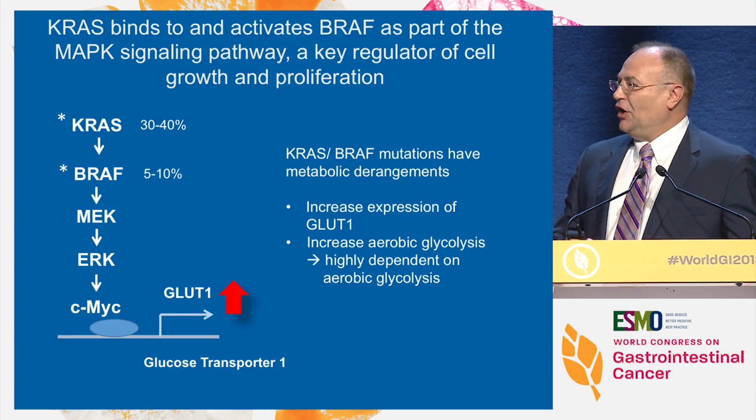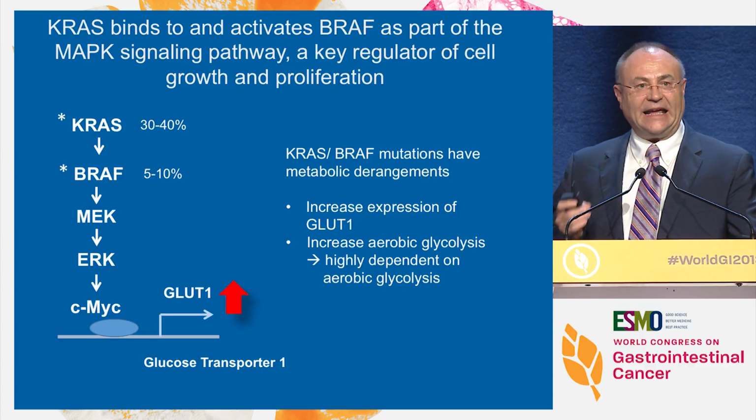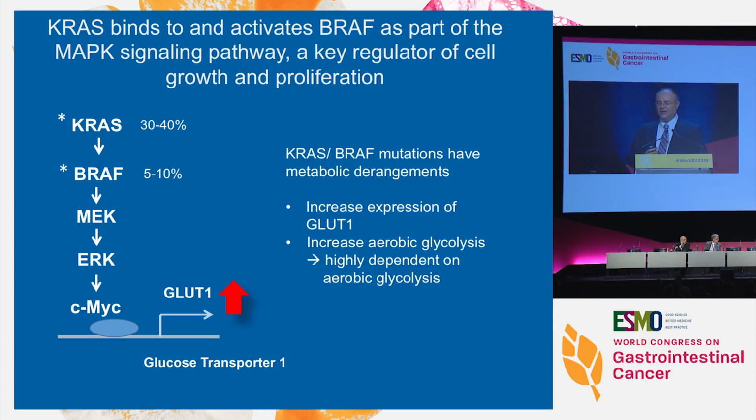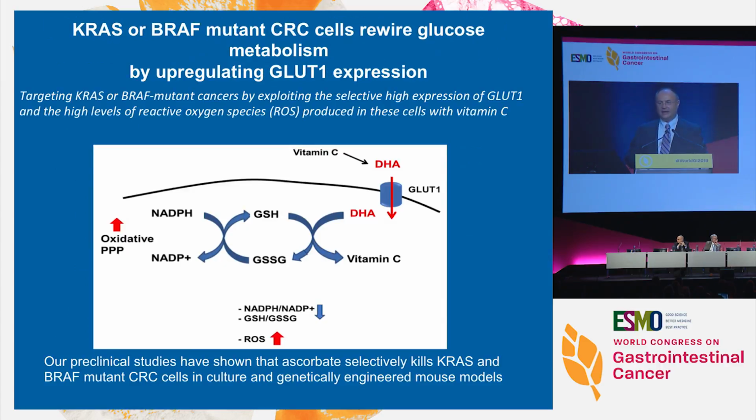So we also know that particularly the RSK subtype is dependent on metabolic dependency, particularly glycolysis. You can see KRAS or BRAF mutants have a significant upregulation of GLUT1 to get glucose into the cell. They have also high levels of reactive oxygen species, so can we take advantage of it? And the answer is yes. Easily. We can use vitamin C to inhibit GLUT1 and actually attack the vulnerability of the cells depending on glucose metabolism. And we know in preclinical models it works.